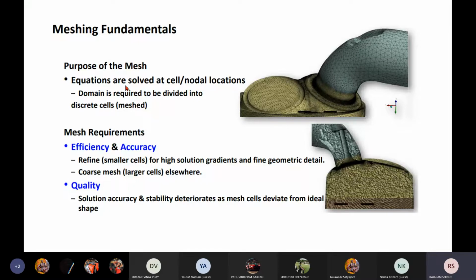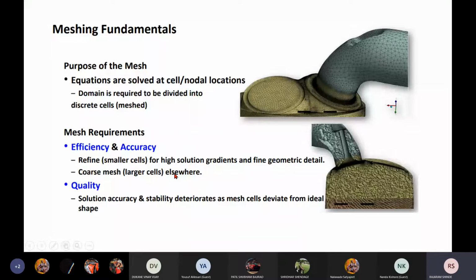Now the mesh requirements. What are the mesh requirements? Efficiency and accuracy. Here, refine to smaller cells for high solution gradients and fine geometric details. That means if you have fine geometry or high solution gradients, meaning high accuracy of the solution is needed, we need smaller cells, and for a coarse mesh, larger cells elsewhere.